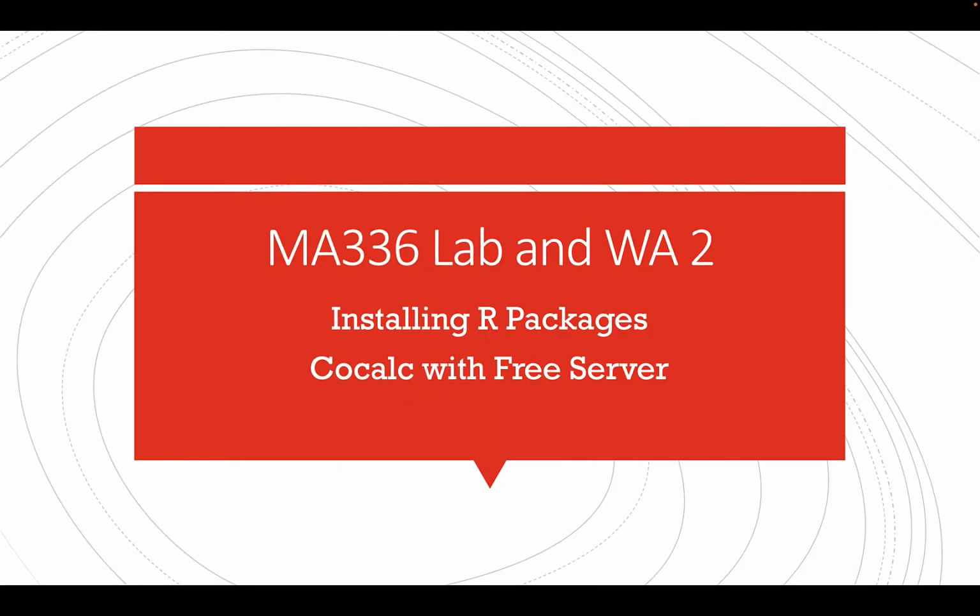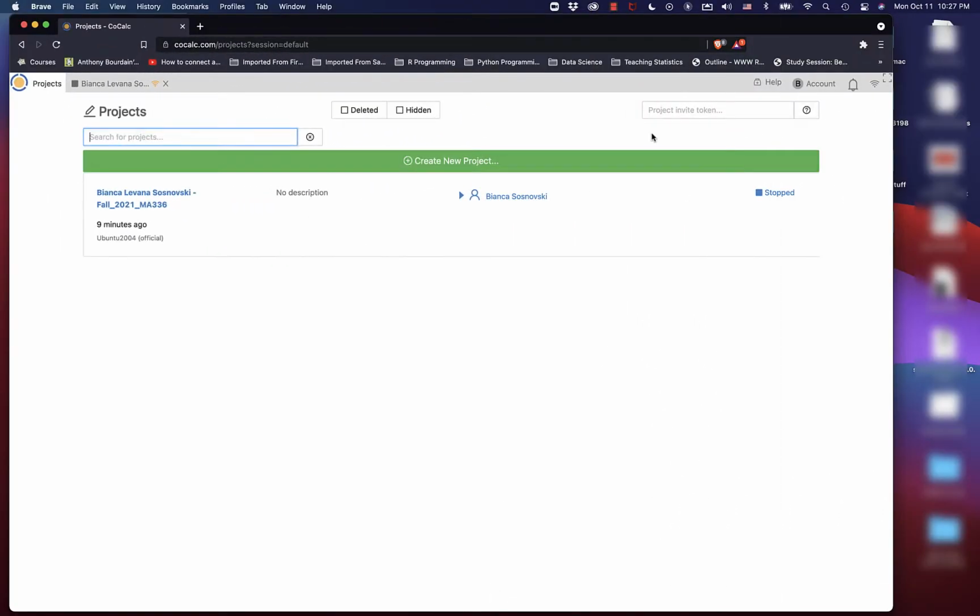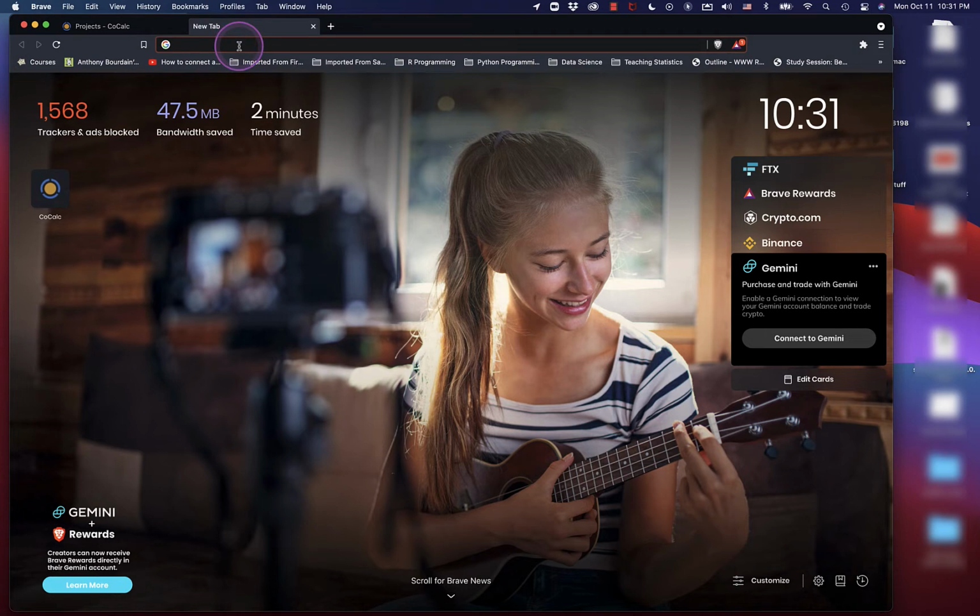Hello everyone, in this tutorial I'll show you how to install R packages in a Cocal project running on a free server. Because your project is running on a free server, you don't have internet access enabled in your project. In this case, you then have to download to your own machine the tarball of the R package you want to install. For example, if I want to install the Summary Tools package to my project, first,